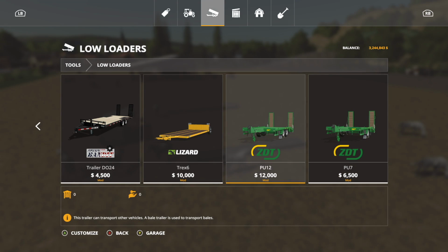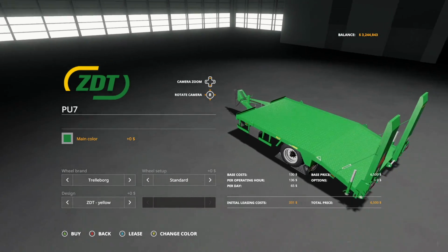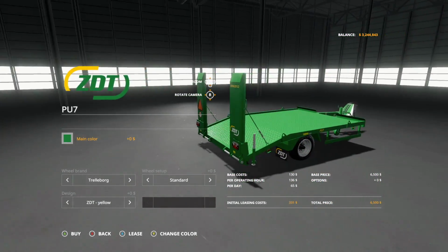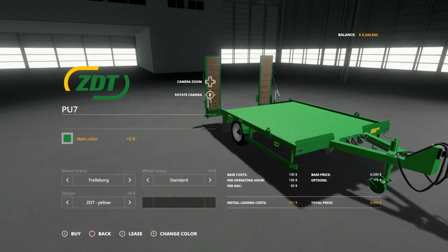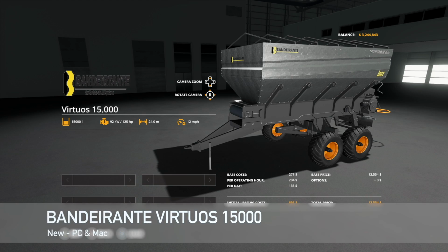One cool thing about both of these mods, the 12 and the 7, is you've got mouse controlled ramps, tension belt support. That is cool. Both of those are awesome. This is a little short, stubby thing. You can transport some small stuff. That's cool. Next to last new mod for PC and Mac players today is going to be the Bandeirante